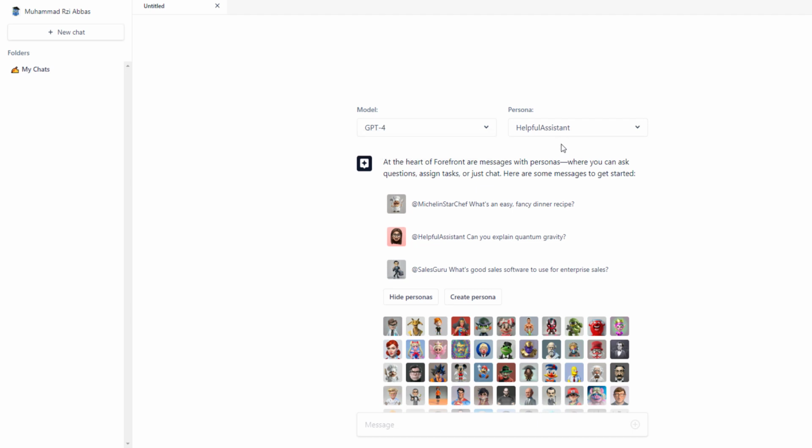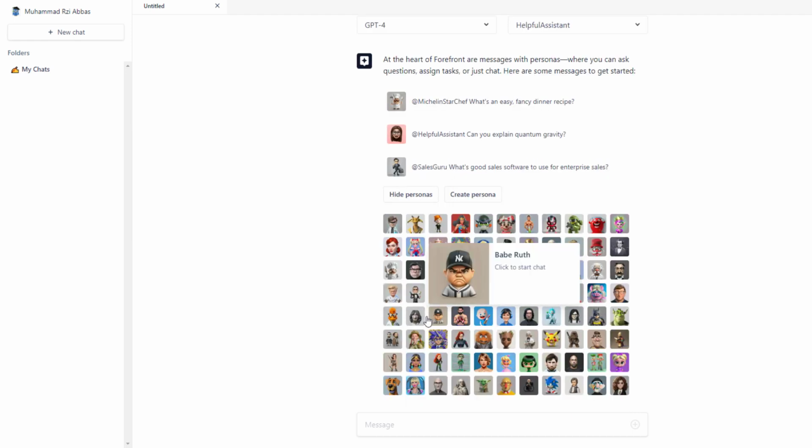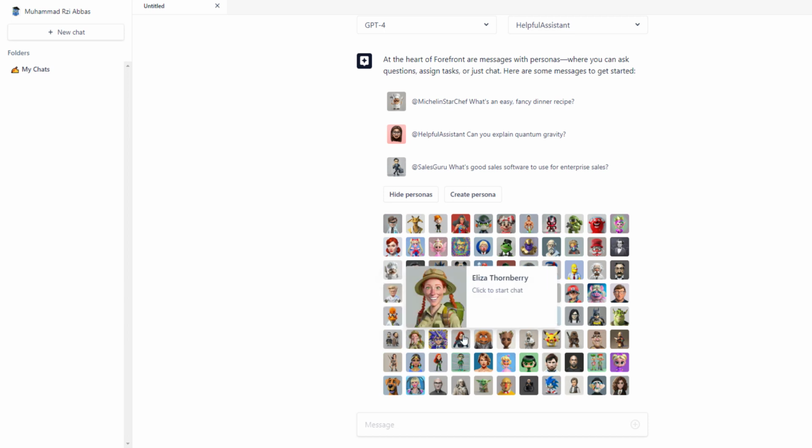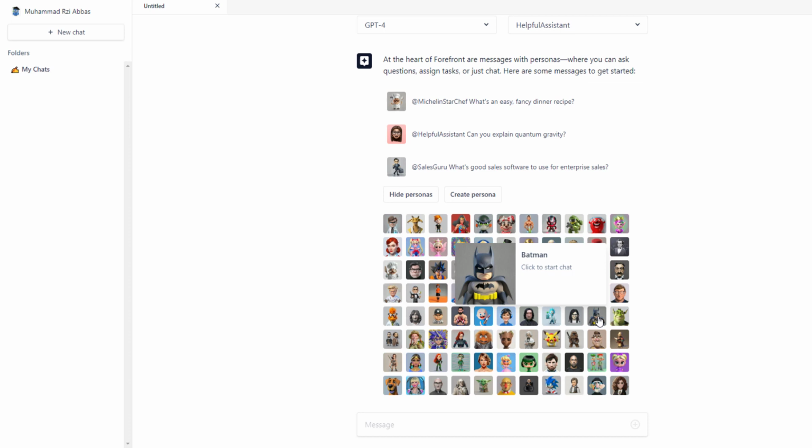After that, you can select the persona of the AI language model. Right now, there is only one available, that is Helpful Assistant. It will help you out in assisting different things. You can additionally create a persona as well. For example, if you want to talk to a chef, you can create a persona of a chef. Or if you want to talk to a blogger, you can create a persona for that as well. If you scroll below, there are many different personas available which have been created, or you can create one for yourself. For example, if you want to talk to Batman, you can click on this Batman icon and